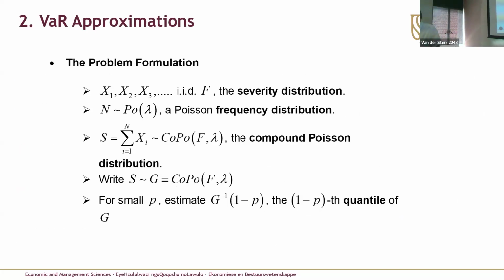Okay. So that's just an introduction. So our issue is operational risk that needs this very high quantile. The current methods try and fit the severity distribution and the frequency distribution, but the big issue is the severity distribution. So we try and get away from that. But if you look at the problem, we have a sample from some distribution F, and we'll assume it's IID,